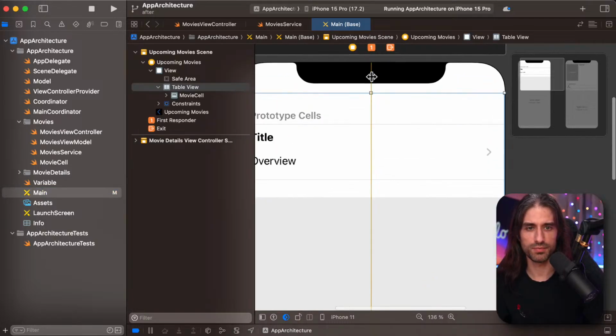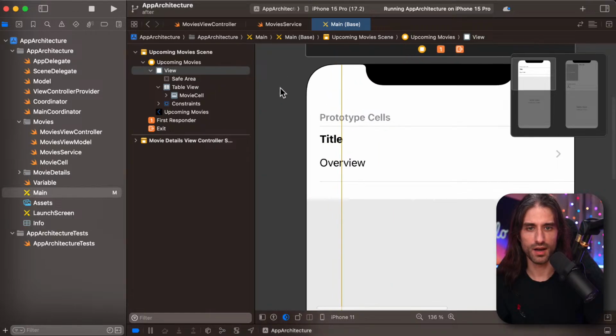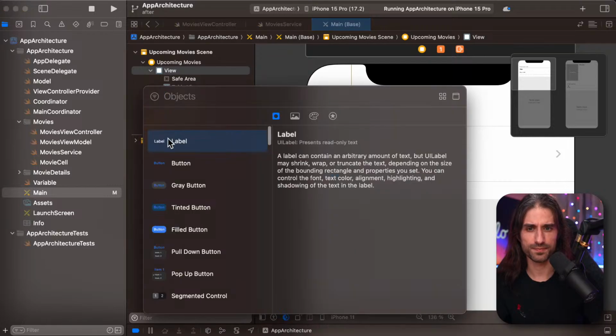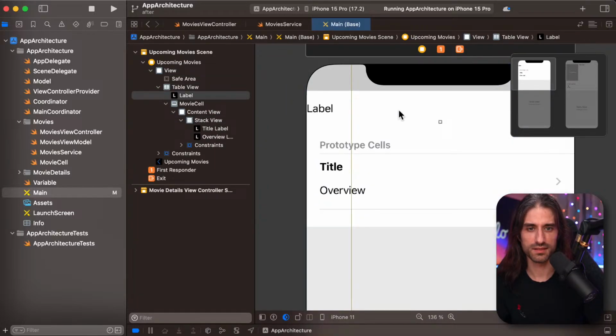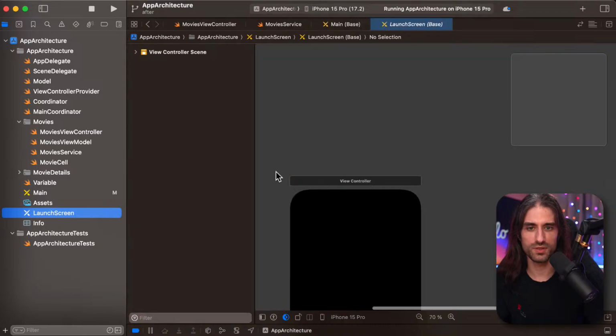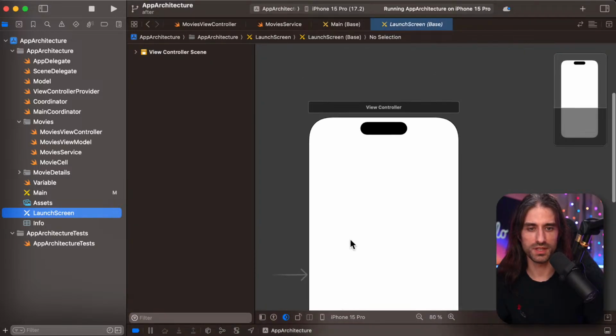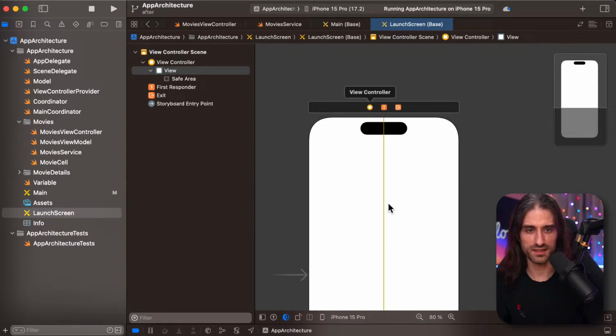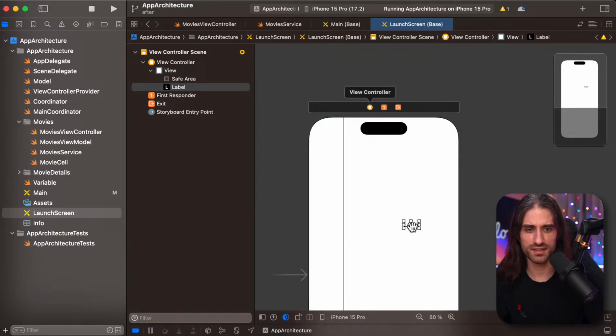Okay, so it did put one, and then you can move it. And I guess the interest is then, if I add a view, no, it didn't put it there. You know what? It's not the right view to do it. I'm going to do it here on the launch screen one because it's going to be easier. So how was it? It was like that. Then I move it here, for instance. And so when I add a view like a label, for instance, I guess I can snap to this guide.